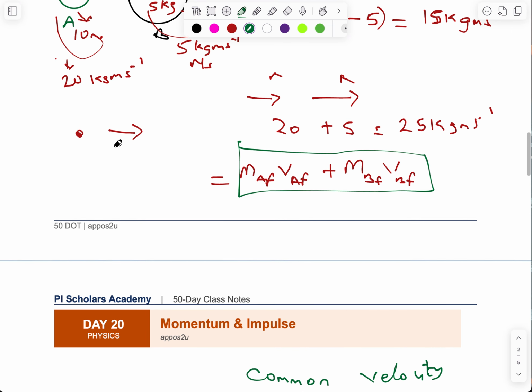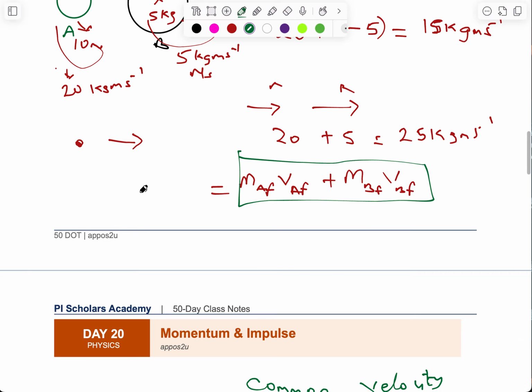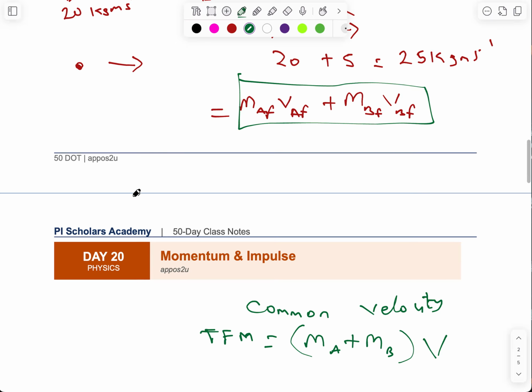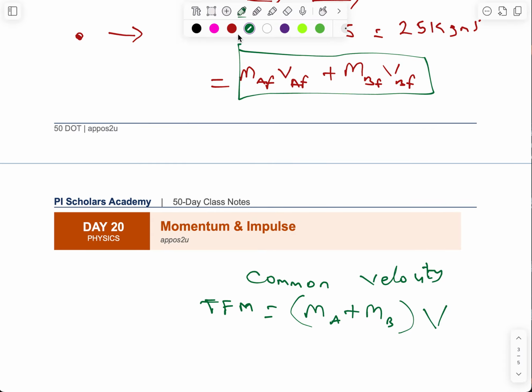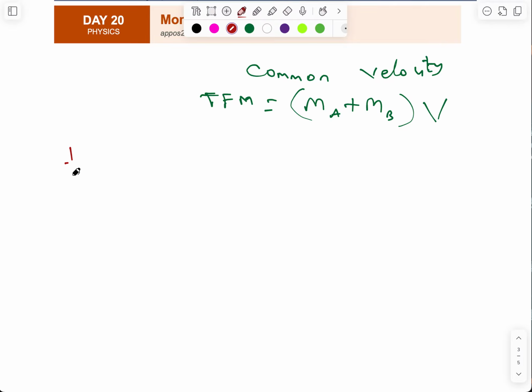But in the other case, kinetic energy is also conserved, which means that total initial kinetic energy is the same as total final kinetic energy. For that elastic case, you can have something like this: half MA initial VA initial squared plus half MB initial